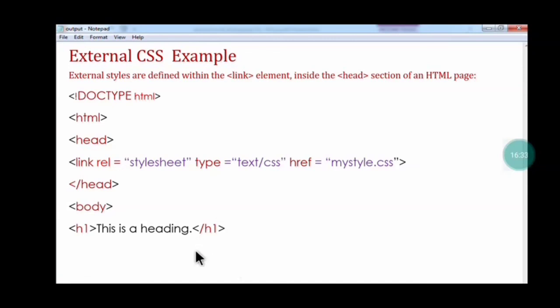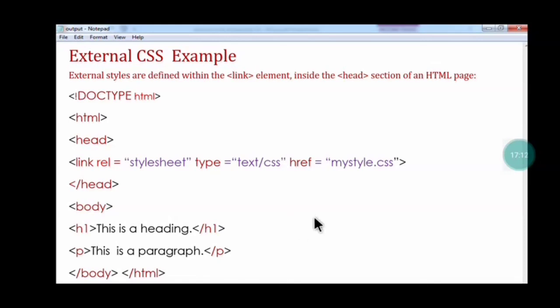Once you complete the head tag, start with the body tag. In the body section, you write the h1 tag. This is a heading. I have completed the h1 tag, and then I use the paragraph tag and close it. Then close the body tag, and then the HTML tag. Once you run this program, the background color you used in the CSS file will be applied to the whole page, that light blue color, and the h1 heading will also print in navy color, because you used navy in the style.